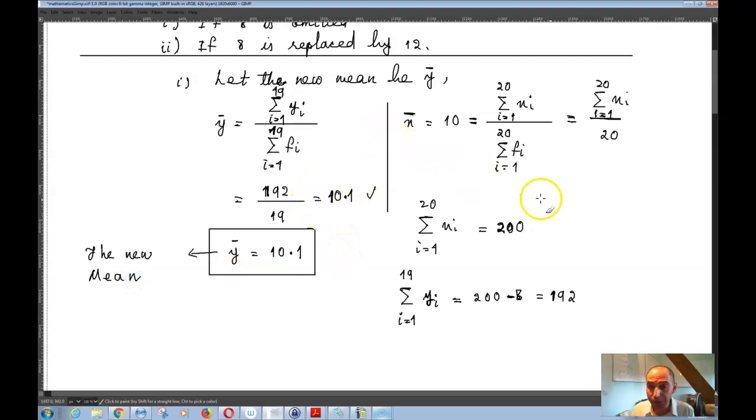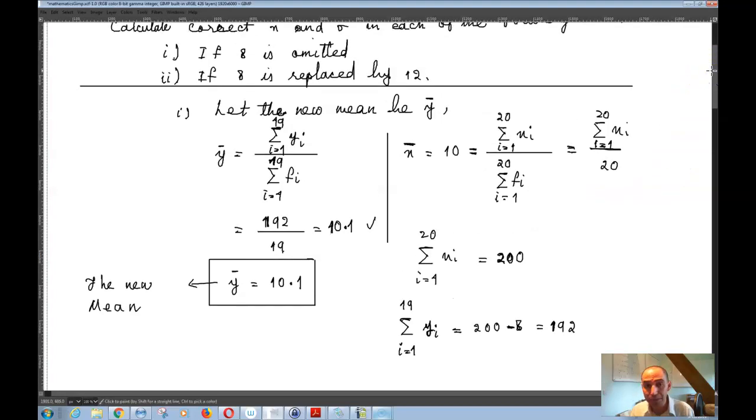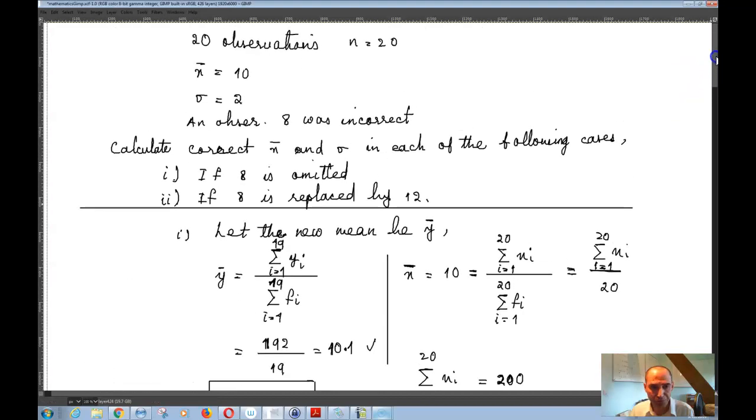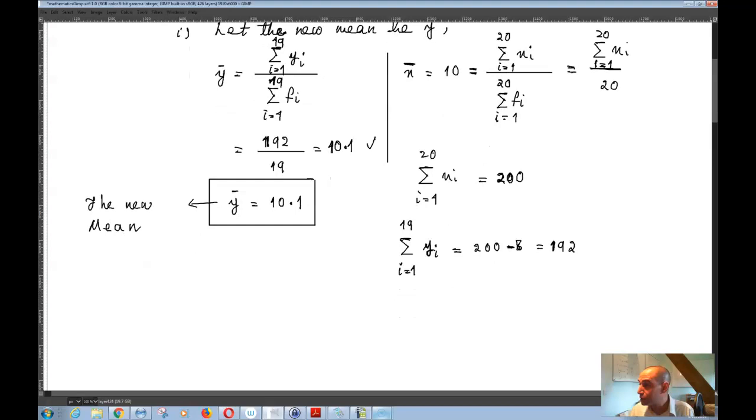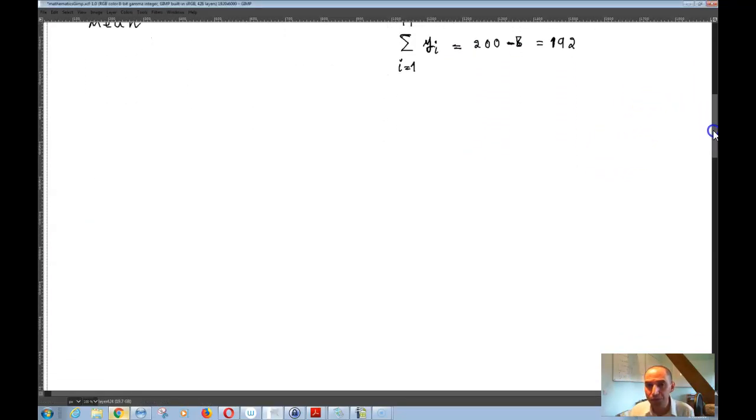Now, the next thing that we want to calculate is sigma, which is the standard deviation. And to calculate sigma, I have seen something over here which is kind of new. Let me read this to you so that you understand it. You see, they have used a formula over here that I've never actually used in any of these videos. And they have written standard deviation,